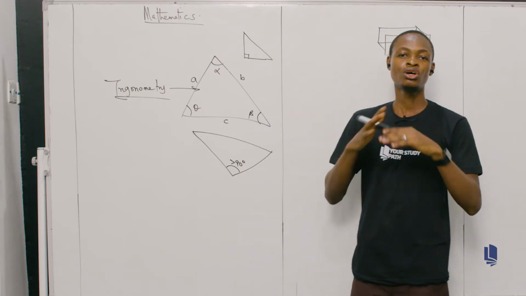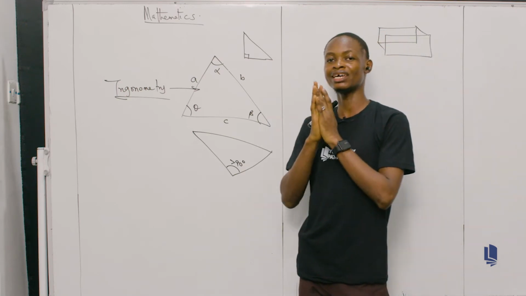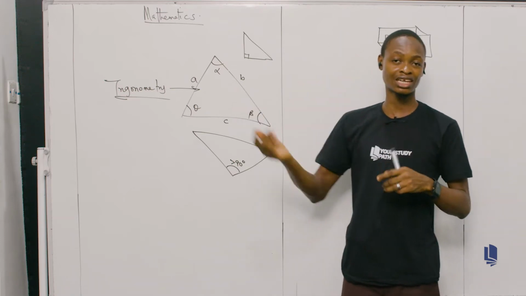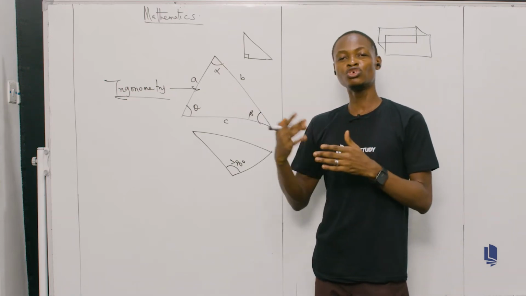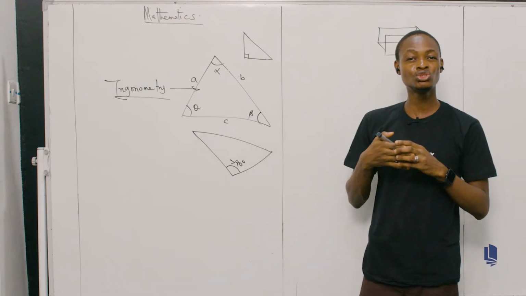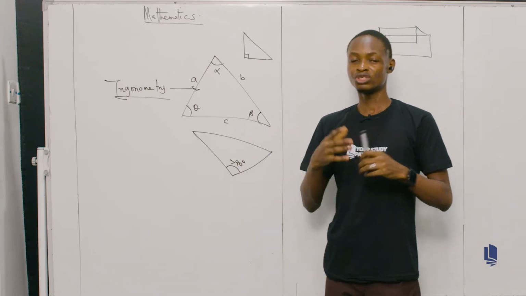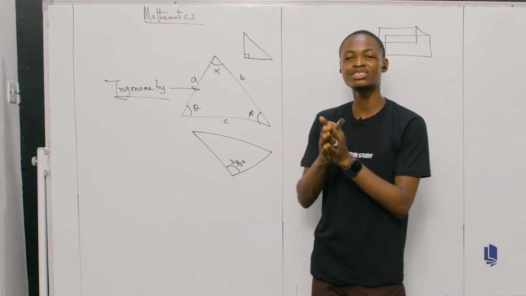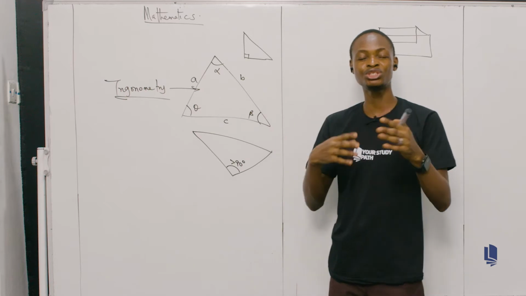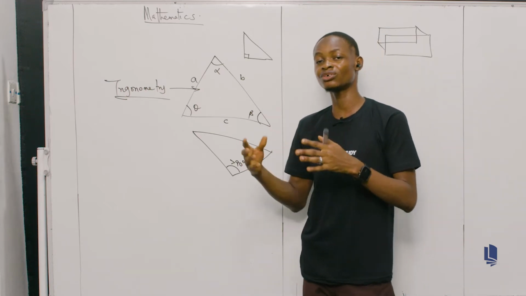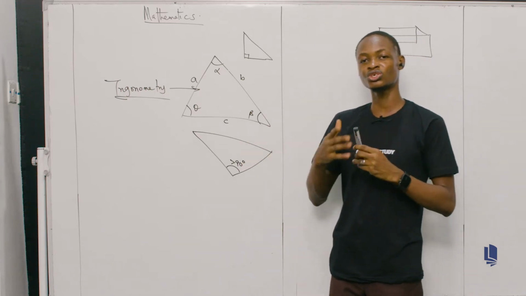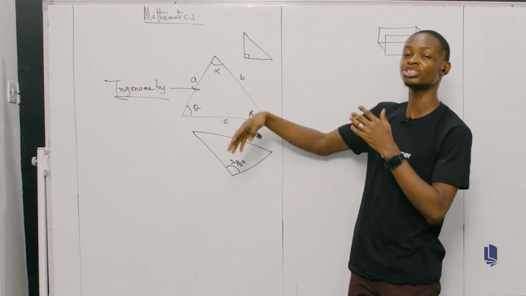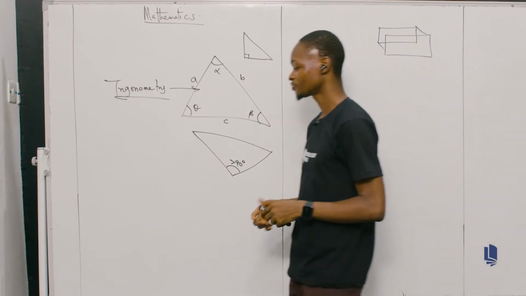There are a whole lot of concepts that are hidden within the circle. Immediately after this class, as in our next class, God willing, we would be taking in-depth studies into the concept of the circle, which is obviously the next plane shape we are going to be considering. And then we will look at the different relationships or characteristics that the circle has. However, to introduce us to the concept of the circle, today we'll be looking at the relationship the triangle shares with the circle. So let's begin